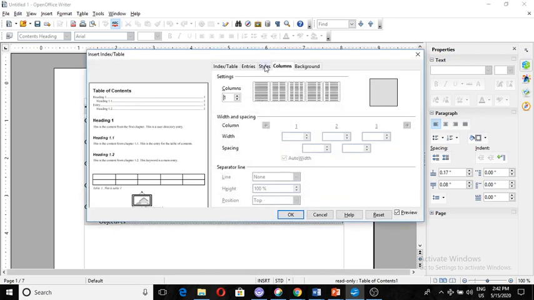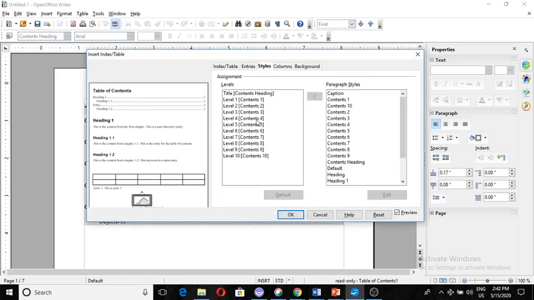Now let's see styles option. In styles option, there are certain levels. You all know that there are certain heading levels, and each level has a paragraph style. Paragraph style means the contents written at the first level, this is the second level, the contents at the second level.